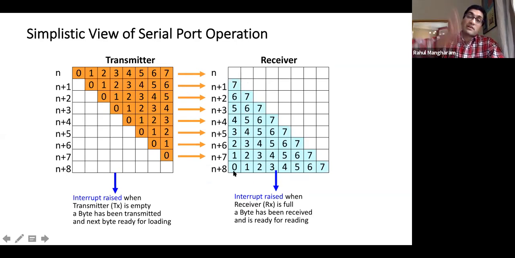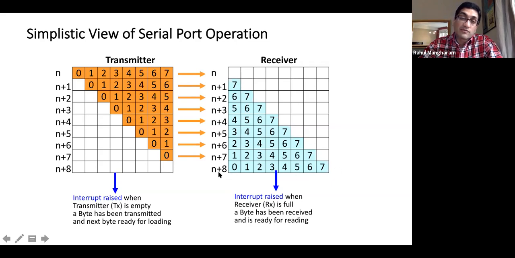So every time I get a clock, I basically say, okay, send the next bit, send the next bit, send the next bit, send the next bit. And I'm sending that. Now that clock may not be shared between the transmitter and receiver. It's just the clock that I have. When you receive something, then you also have a clock, but that's your clock, right? We are not synchronized necessarily. We could be synchronized, but in this case, we are not synchronized, but I'm just sending you bit by bit by bit by bit. So basically this is my buffer, and I'm just sending you 1 bit at a time